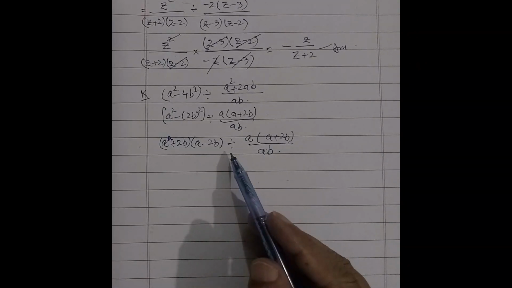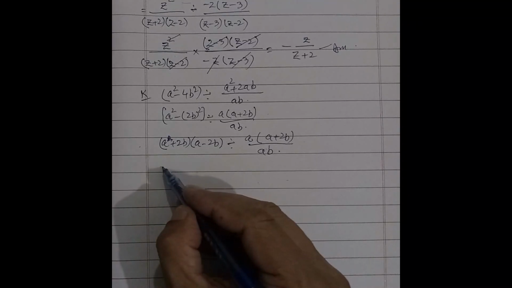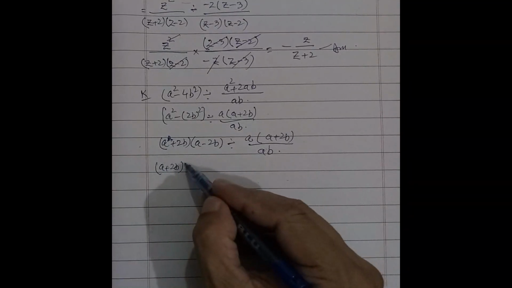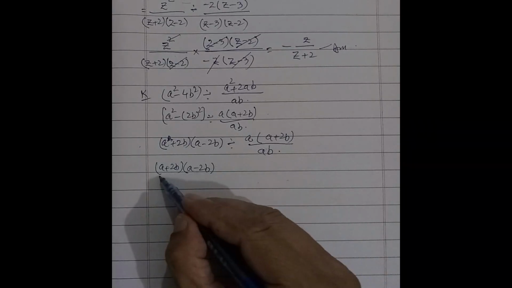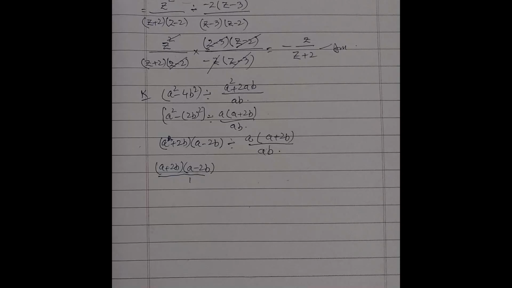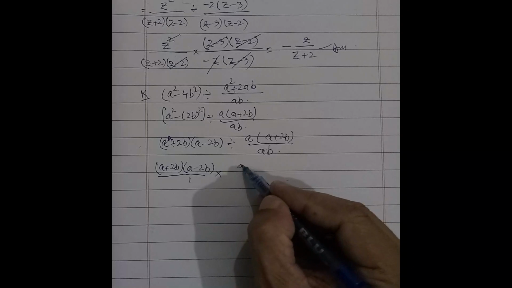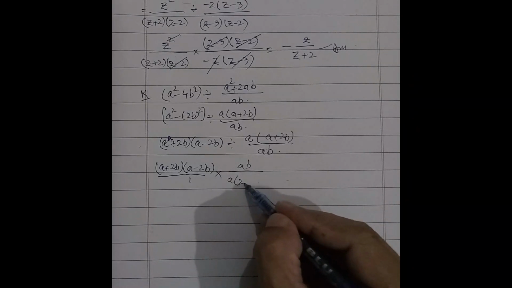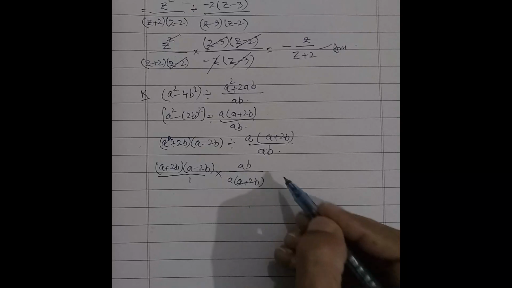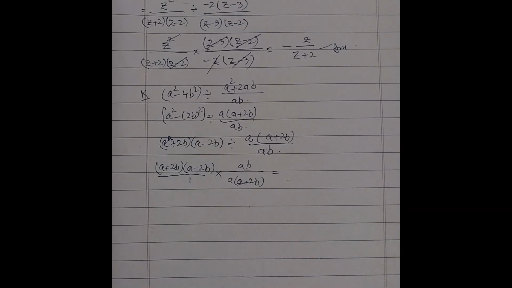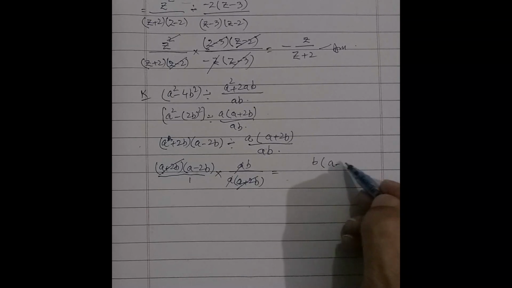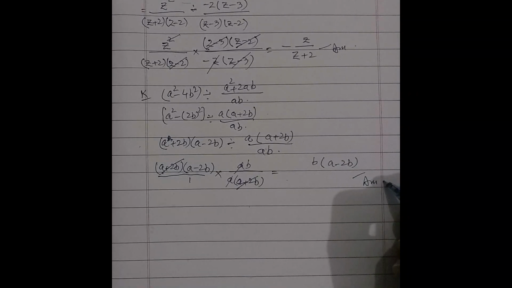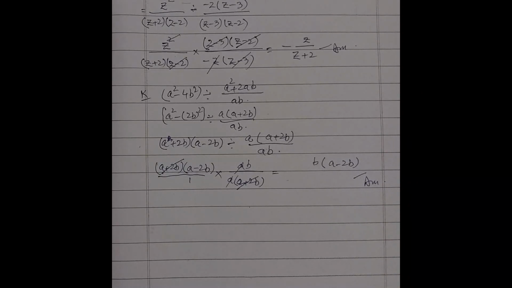Now this division is converted into multiplication. We get a plus 2b, a minus 2b over 1. When nothing is in the denominator, then 1 is also the denominator of the variable. Multiply by ab over a into 2, a plus 2. Simplify these values. a plus 2b cancel with a plus 2b, a cancel with a. The remaining value is b into a minus 2, the answer of part of question 6 exercise 1,